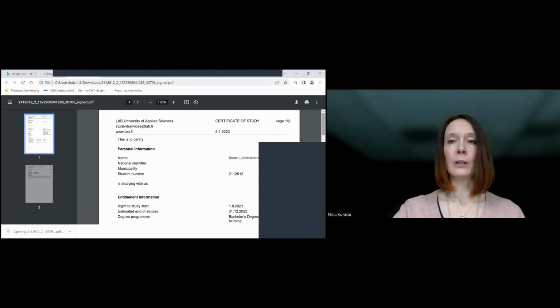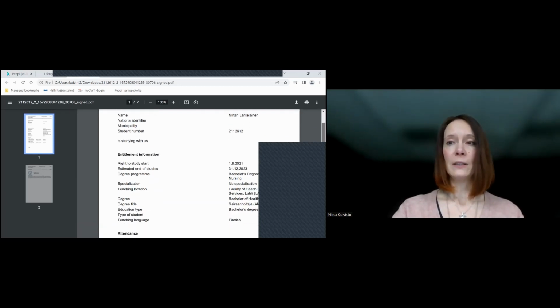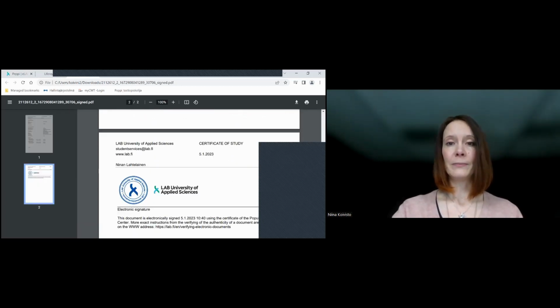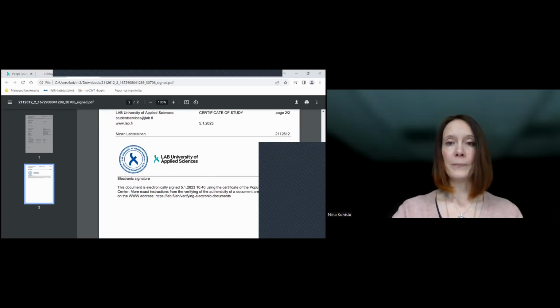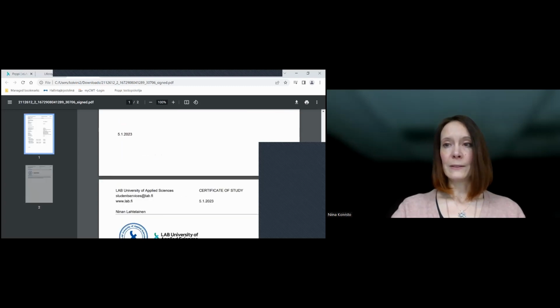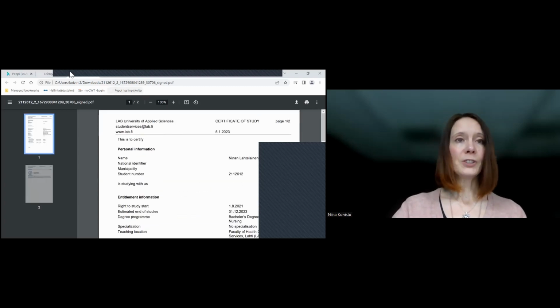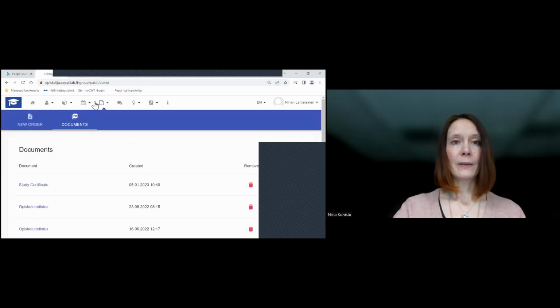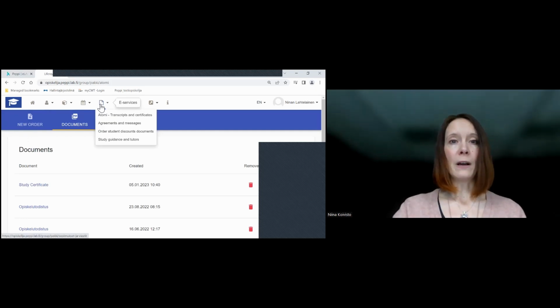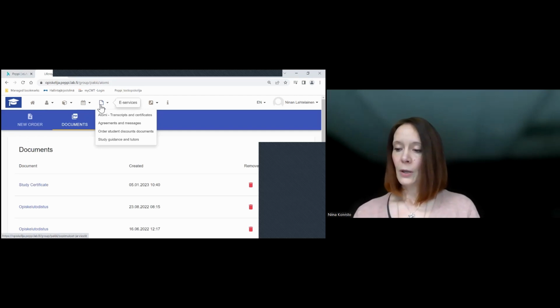And this is the official study certificate. If you need to have it quickly, there is a stamp and signature, just to know. And if you need other documents, which